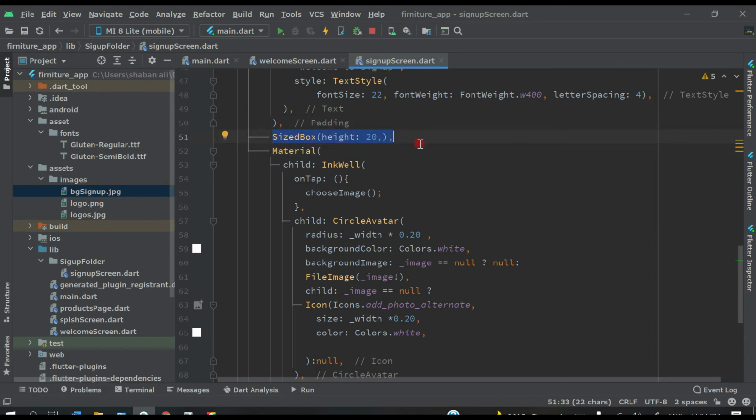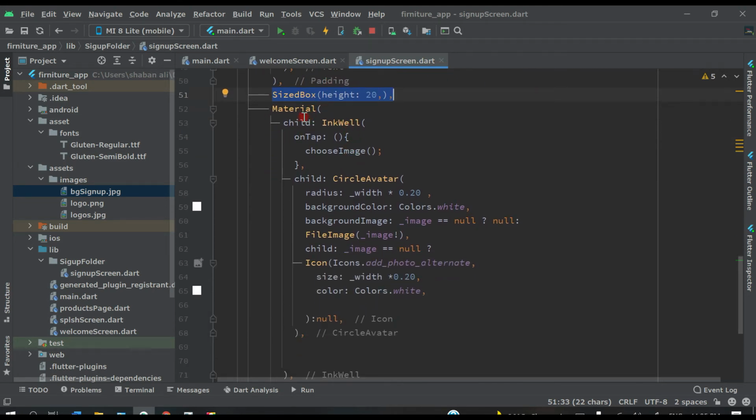SizedBox is nothing, it's just a widget that we can use to give space between two widgets, or inside this we can create a child. This SizedBox is a good widget, so I use it to give space between this heading and this profile image. After that we are working on our profile image.